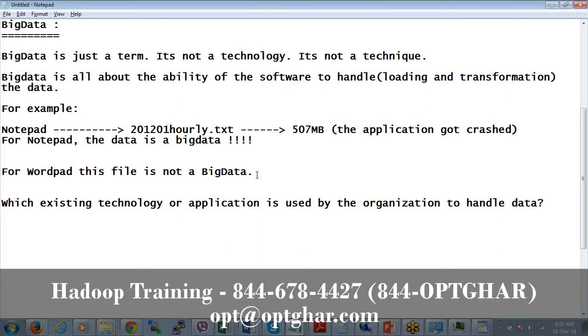Generally I get answers like, some people say I use Oracle SQL, some say I use Teradata, some say SQL Server, some say MySQL. There are many applications that they use to handle their large data. So the problem is, let's take an example of Oracle Enterprise Tool. The problem with Oracle is, the single instance server of Oracle can maximum handle up to 12 terabytes